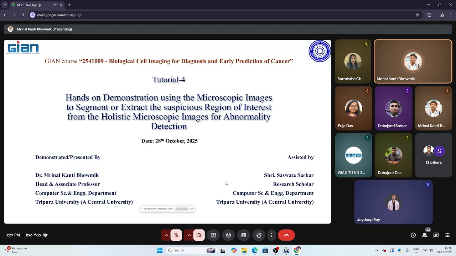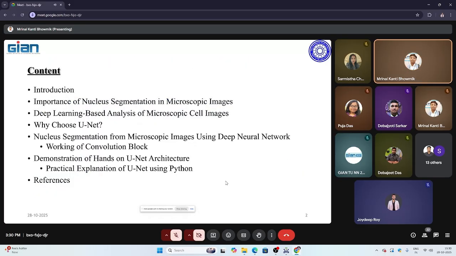for the abnormality detection. So with me, the assistantship will be given by Shashwato Shorkar, our research scholar, DST inspired research scholar, computer science in engineering department. So I think this session is totally practical, and you have to know